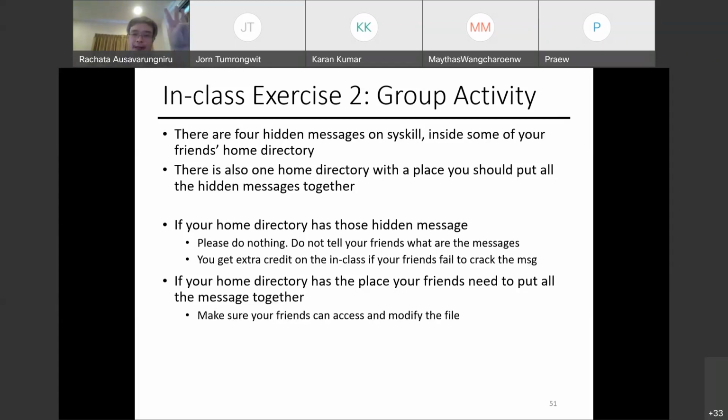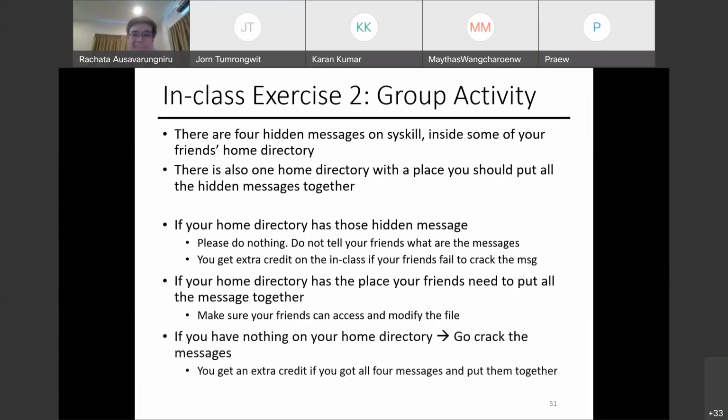There are four. So if you don't have anything in your home directory, work together in groups, the entire class versus the four with the hidden messages, to find all four hidden messages. All right, and you put them together.